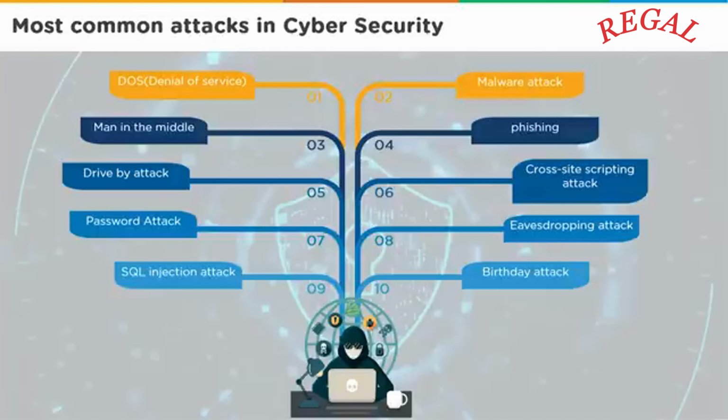Birthday attacks are based on cryptography, where you're looking at permutations and combinations of how an algorithm functions, and then you're looking at the permutations on how many times the processing needs to be done for that algorithm to be reversed. So these are some of the most common attacks in cybersecurity. Now, these, more than attacks, would be threats that you're going to face. There would be various different methods that these attacks can be launched. And that's where the cybersecurity expert comes in with their knowledge of identifying what exactly is a threat to the organization and how they are going to prevent that from happening. But more on that a little bit later.